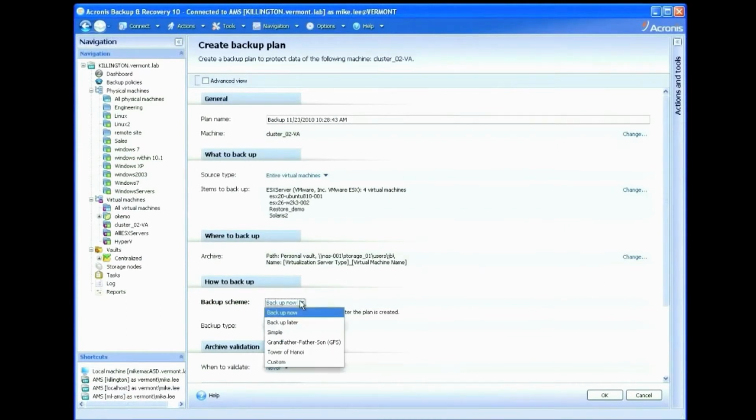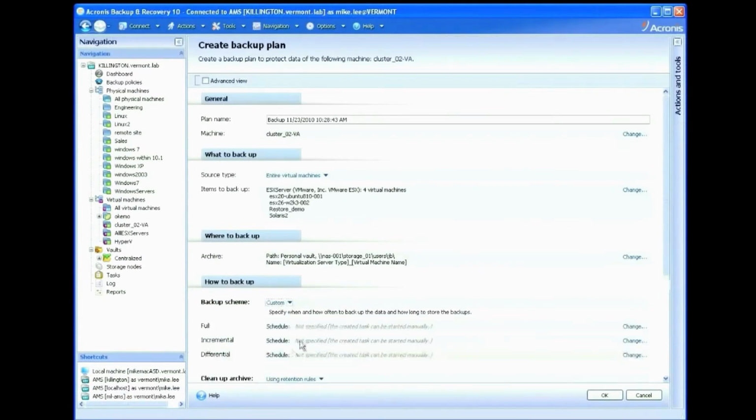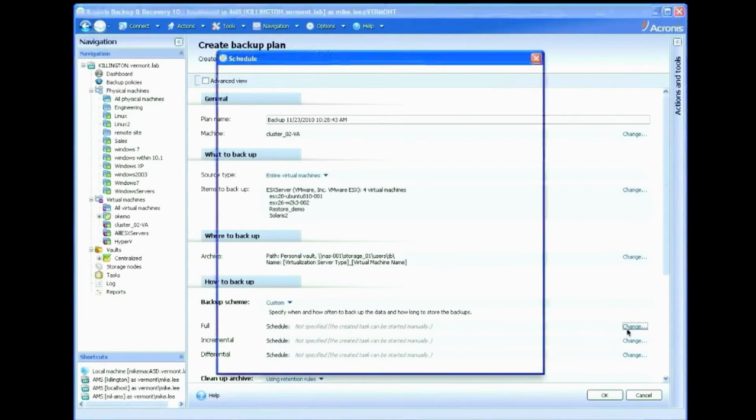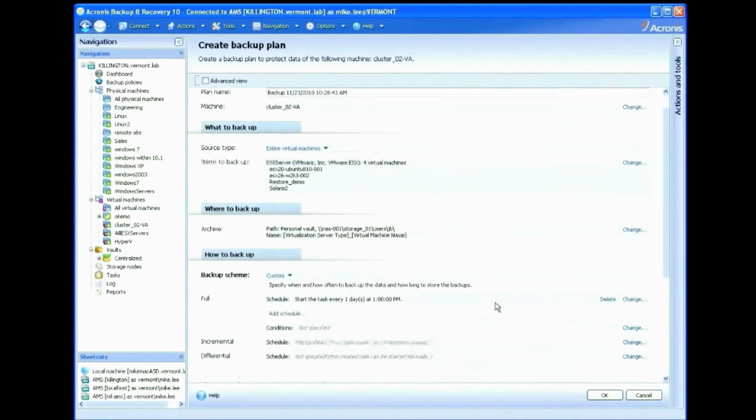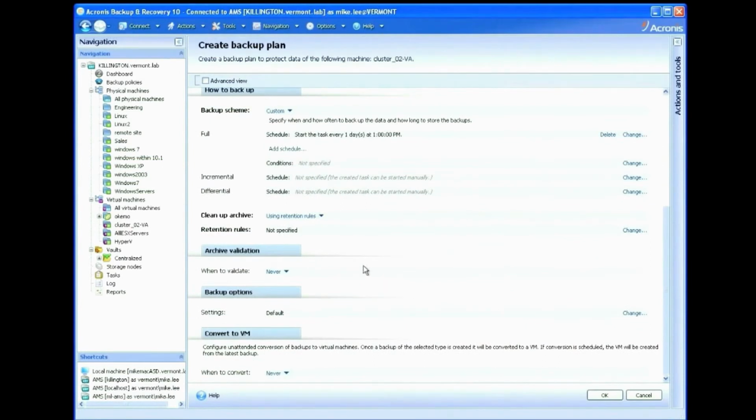Here we're editing the backup schedule to execute a full backup daily at 1 p.m. Acronis Backup and Recovery supports multiple backup schemes: Tower of Hanoi, Grandfather, Father, Son, Full, Incremental, and Differential. You can also configure an associated backup validation task, or you can change a list of other options including Security,